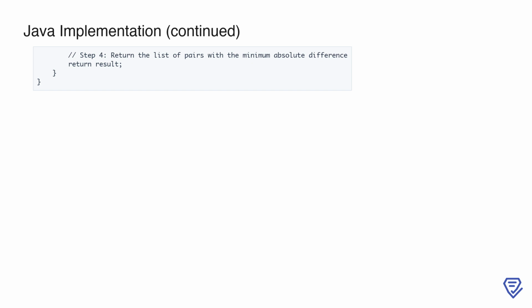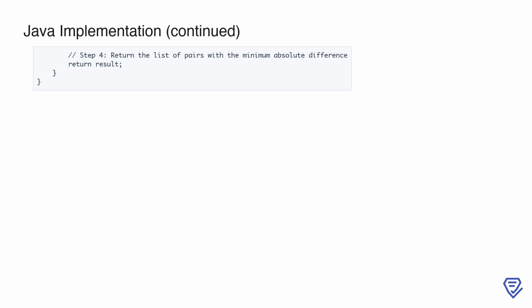Finally, after completing the iteration through the array, we move to the last step, which is to return the result list. This list contains all pairs of integers with the minimum absolute difference found in the array. The implementation is efficient because sorting the array ensures that we only need to check consecutive elements for differences, and by keeping track of the smallest difference throughout the loop, we avoid unnecessary computations. The method ensures that the output is accurate and contains all valid pairs, making it a concise and effective solution